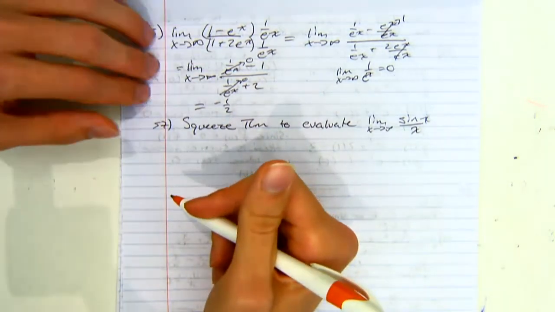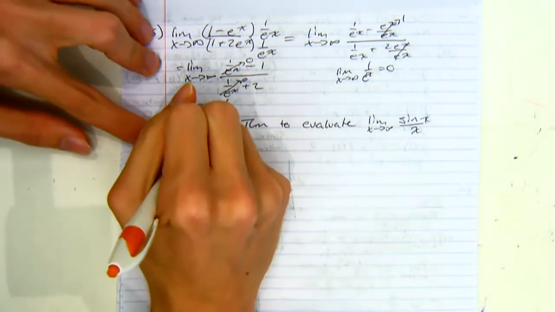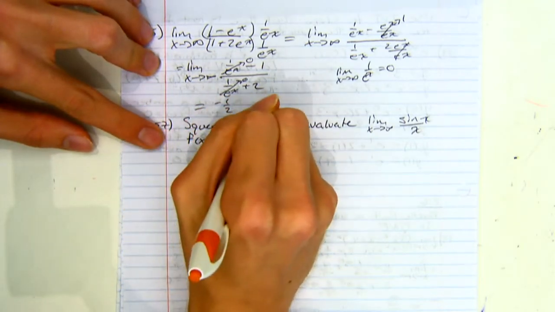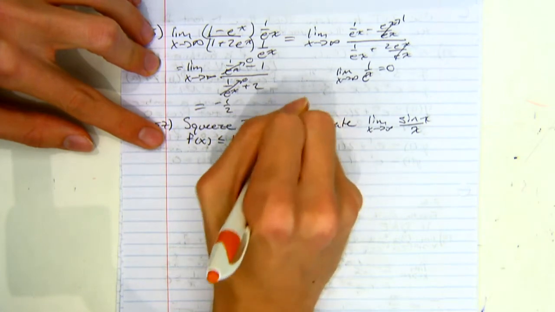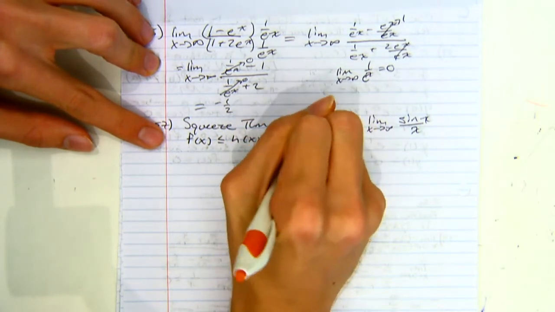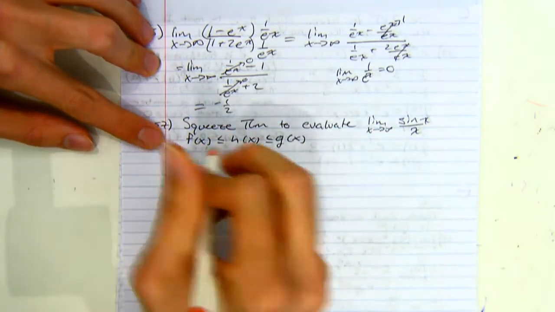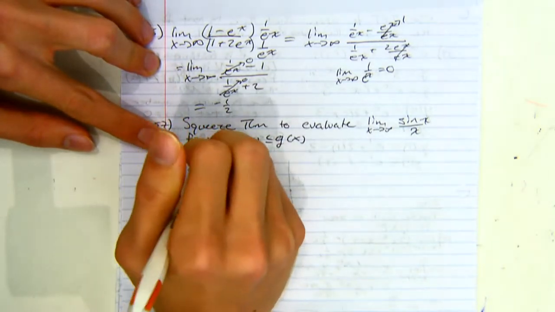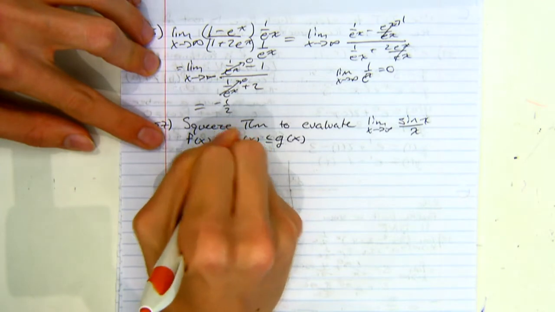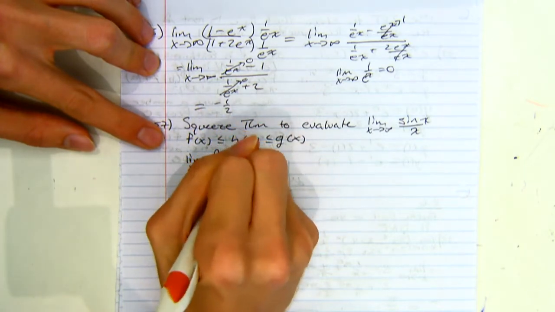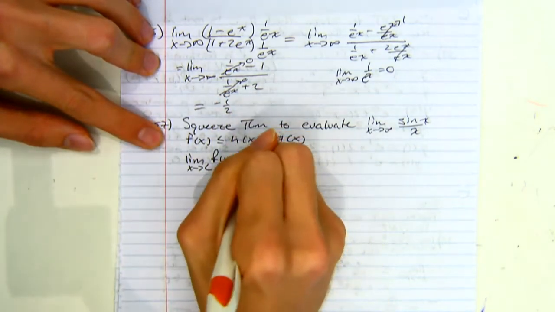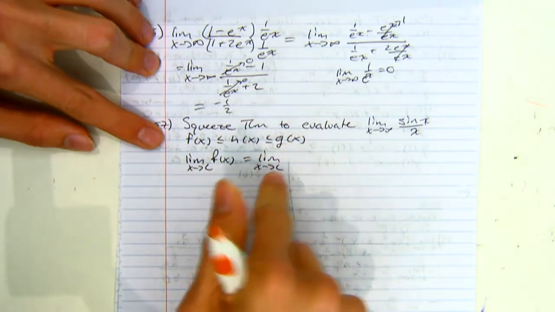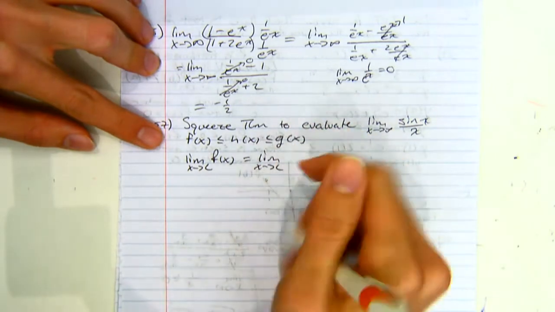So squeeze theorem is essentially if we have this inequality of 3 functions with one of them in the middle, if we take the limit as x approaches some number of the left inequality and it equals the limit as that same number to the right inequality,